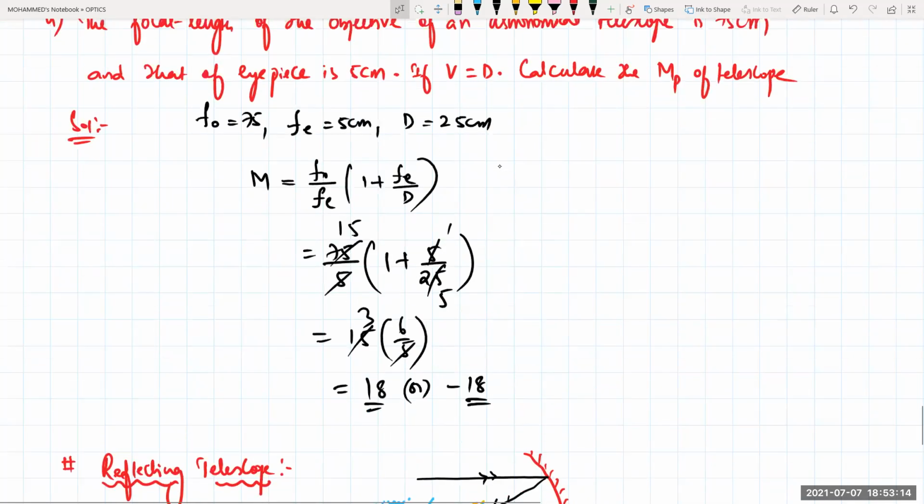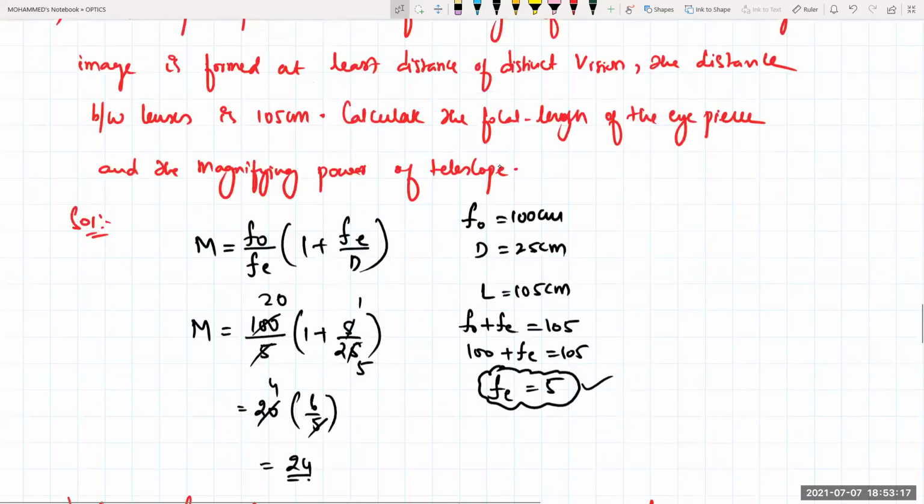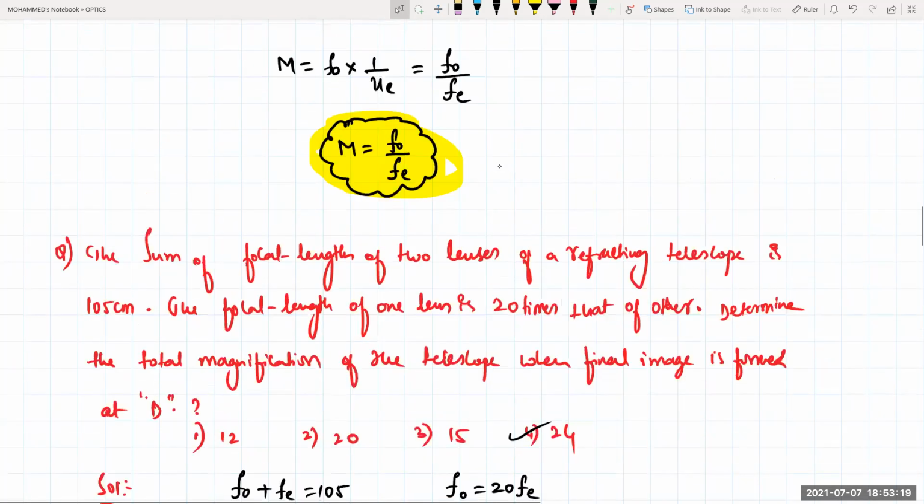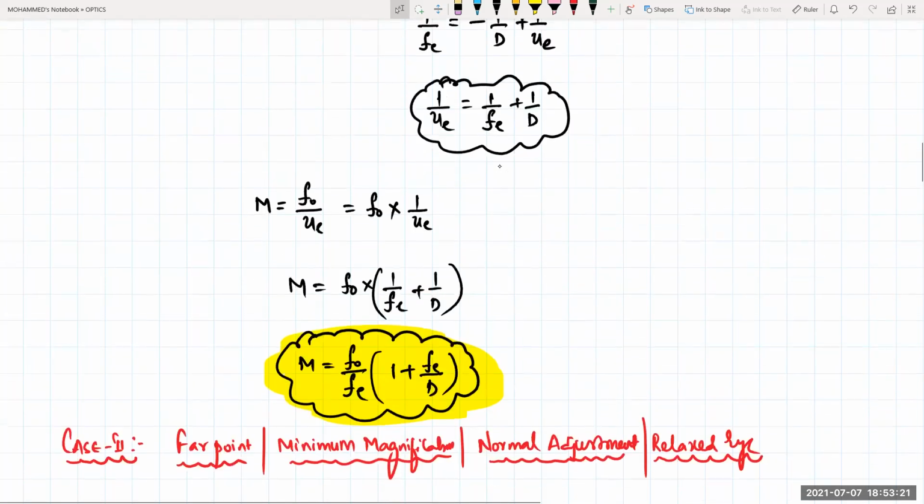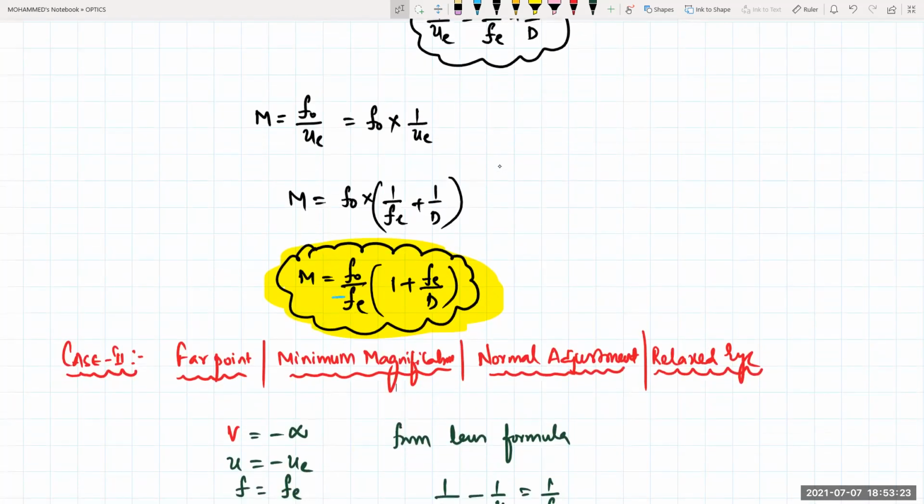I'm not doing the terrestrial one, beta, because terrestrial has the same formulas as your astronomical. What we are getting is that here we'll get minus signs everywhere. Put the minus sign in the formulas, and you'll get the same answers for that one. So it doesn't make much difference. Basically everything else is the same.